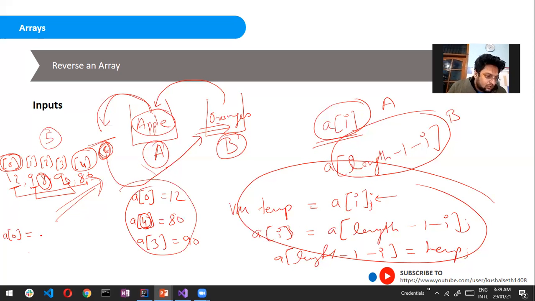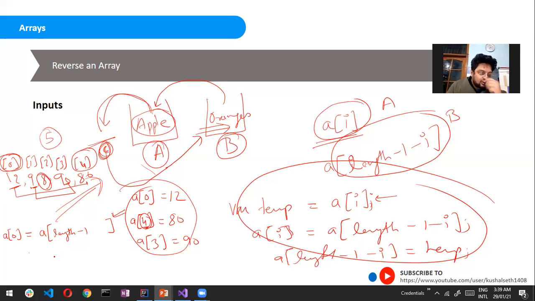So here I can say length minus 1. Length minus 1 means 5 minus 1 is 4. So this will work for a of 0.